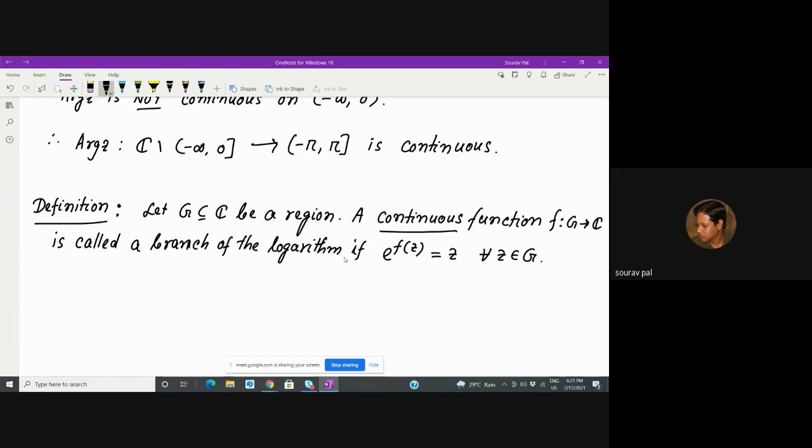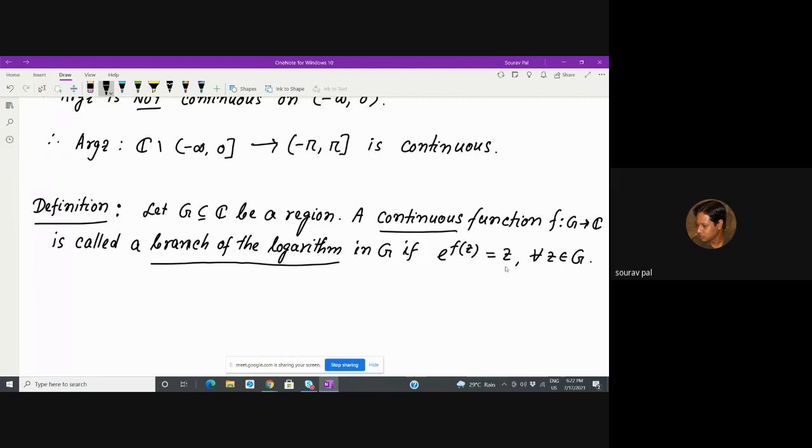This is called a branch of the logarithm in G. If you have this, so this is the definition. You have a region, you have a continuous function defined on that region, and this is called a branch of the logarithm if